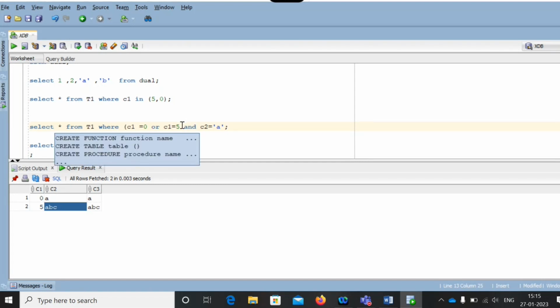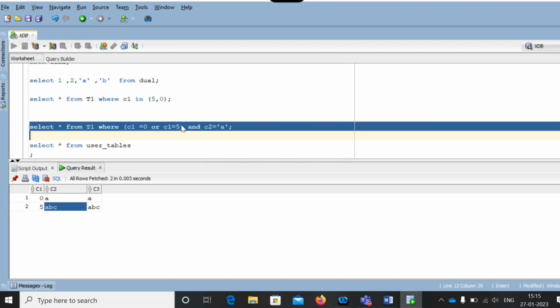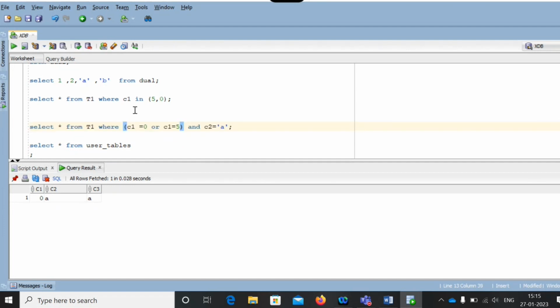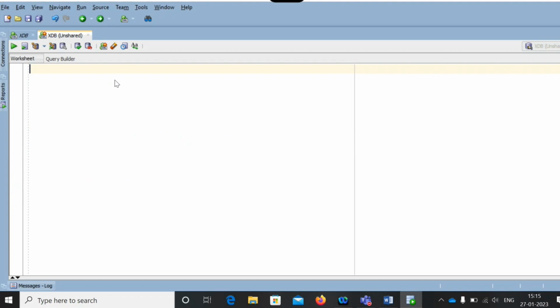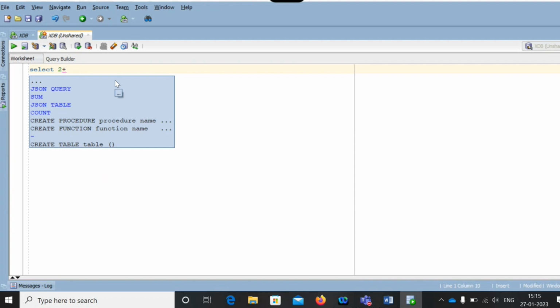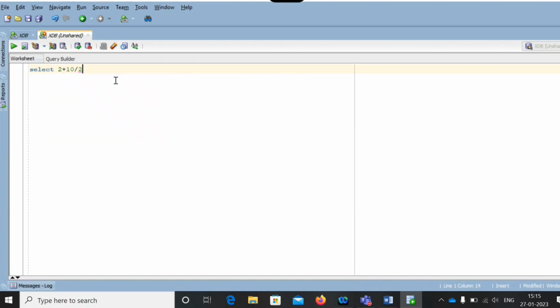So while doing calculations in mathematics also, you can say select 2 plus 10 by 2 from the dual.